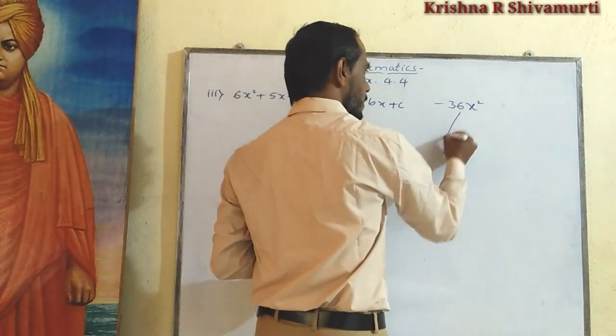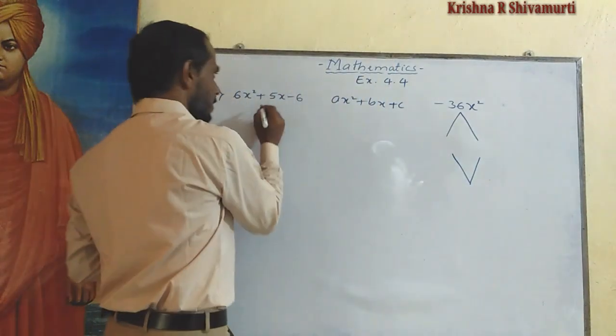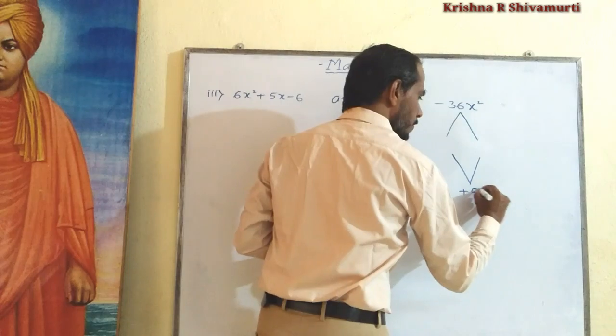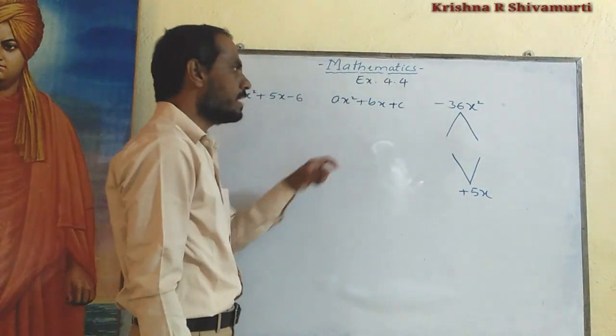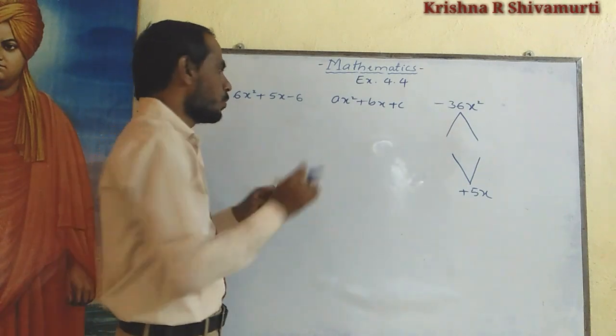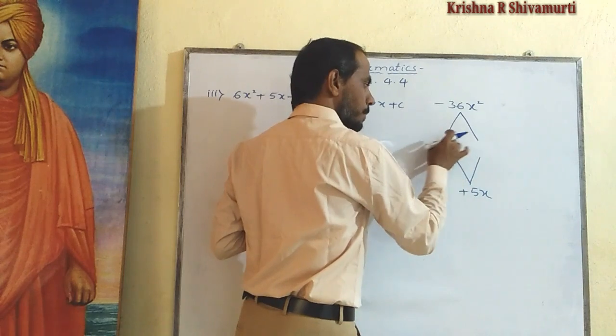Next, the middle term. What is the middle term, with the sign? The middle term is plus 5x. We split the middle term under such a condition. What two terms are we splitting into now? Their product